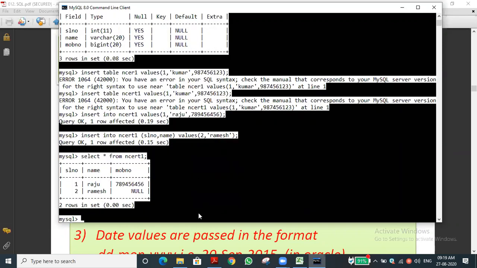If we run it, you can see the serial number, Raju, mobile number. The second record is Ramesh; we didn't enter the mobile number, so the default value is taken. Null is the default value. Null means it is not empty, it is nothing.